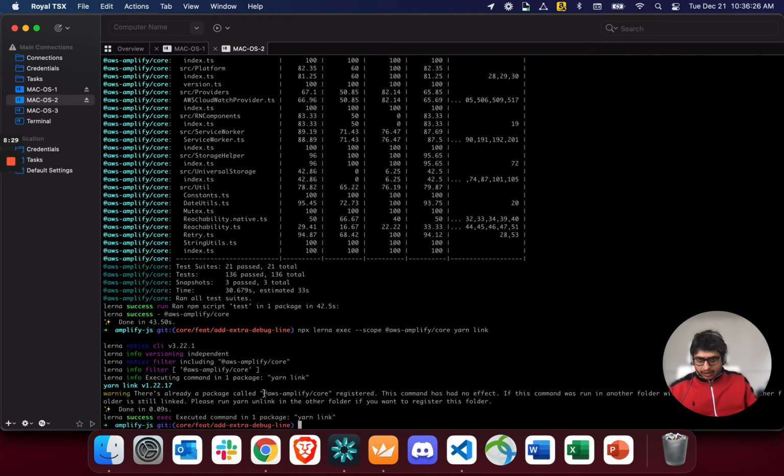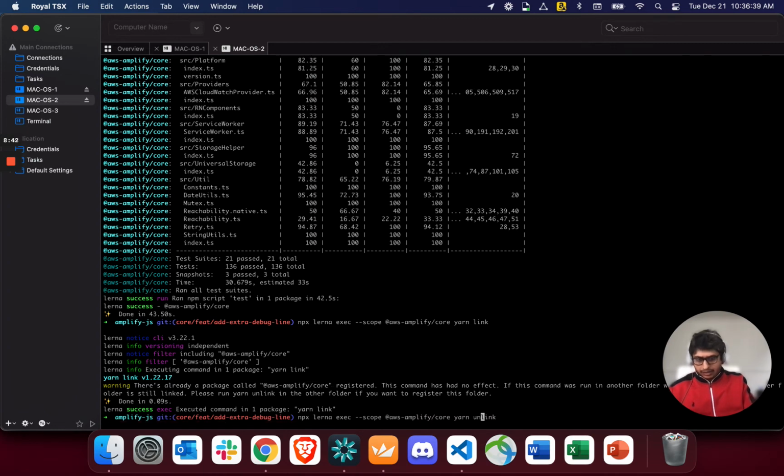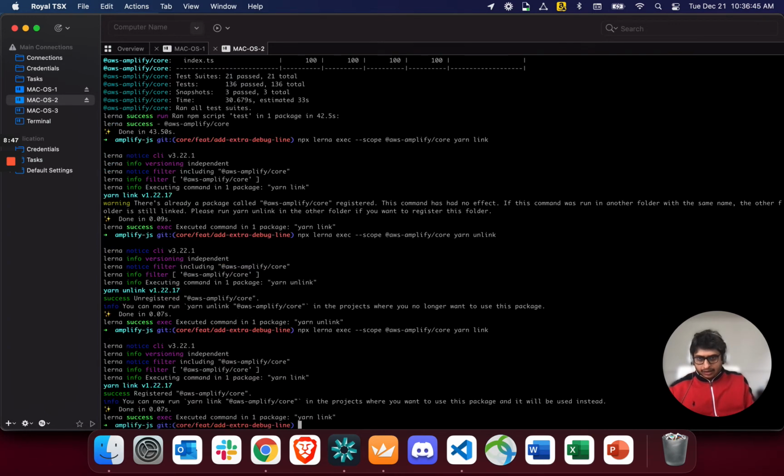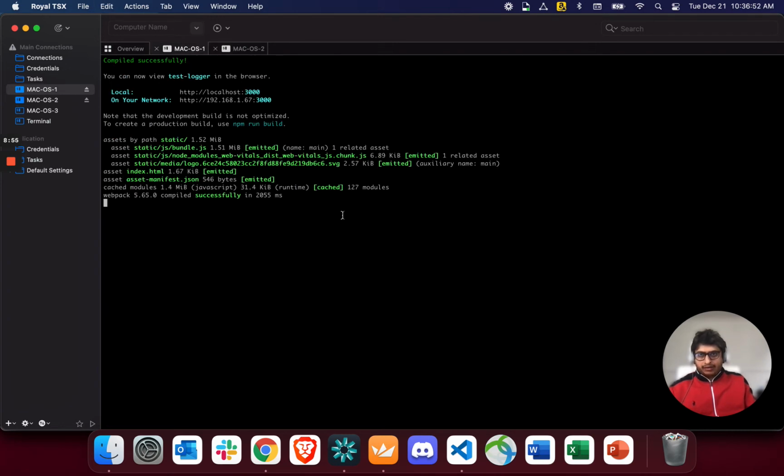I can go ahead and create or use the yarn link for Amplify Core. I have done this earlier, so I'll have to unlink it. So let me just unlink and then add the link again. And now it says you can now run yarn link core in your project. So I do have a create React app project that I've created called test logger. So I'm going to add the link here, and